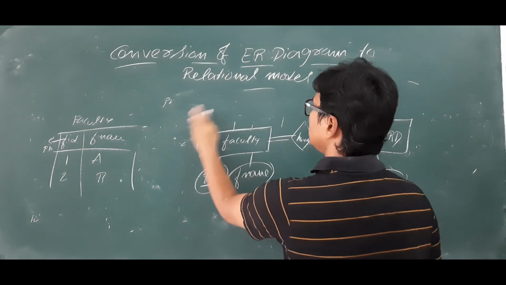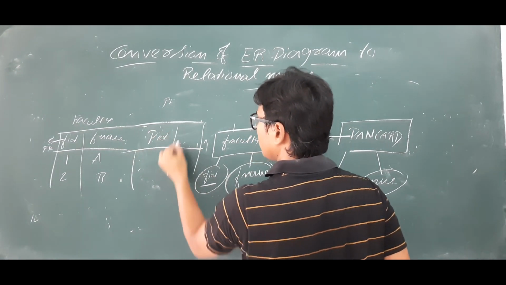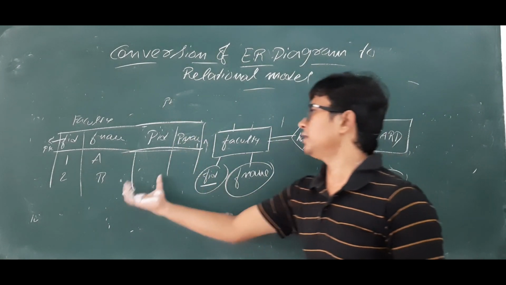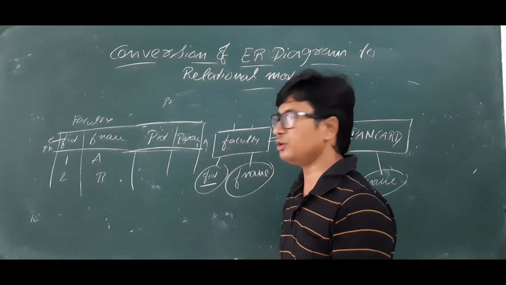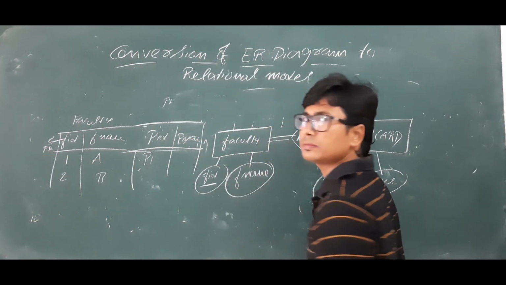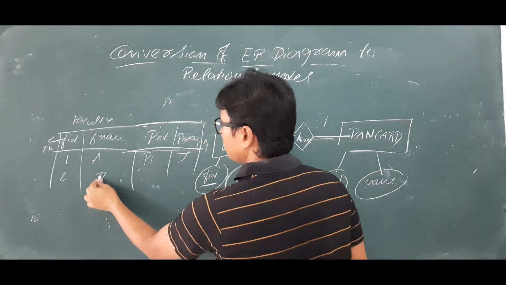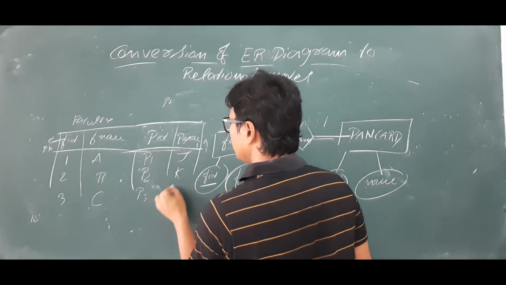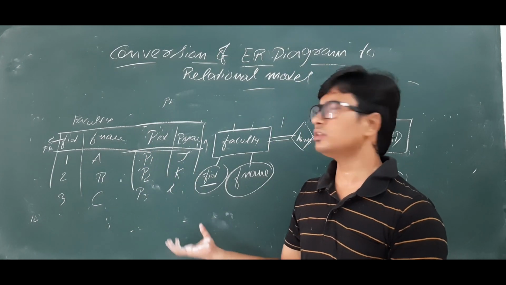Single table means that all the attributes, faculty ID, faculty name, PAN card ID, PAN card name, I will make it a single table. Is it good? Yes, because why not? We will see why it is a good design. Now faculty ID 1 whose name is A, his PAN card is 1, P1, his name is something J, and faculty 2, B, PAN card 2, K, faculty number 3, C, PAN card number 3, L. Like that, if you see, there is no problem, you will have unique values. Is it clear? So there is no problem.